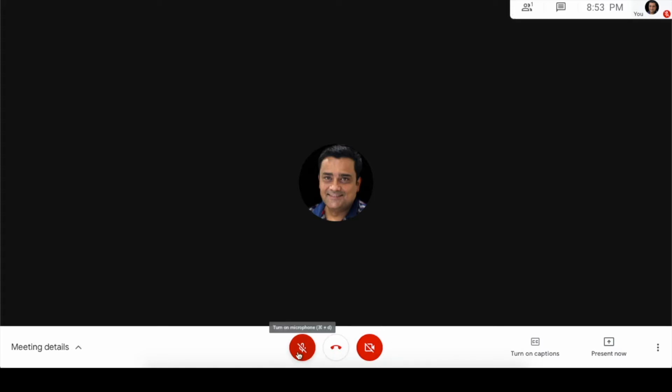Next option is, if I come to the middle part of this page, there are three buttons here and these are very important. The first one is your microphone button. I have not turned it on because I'm using an external microphone to record this course. That is why it's not turned on. The next button is the hang up button. If you click on that, you will be able to leave the call and it will be disconnected. So currently I'm not doing that. And the next one is the video one. I just kept it off for now to avoid any buffering issue. We'll talk about that in a little while.